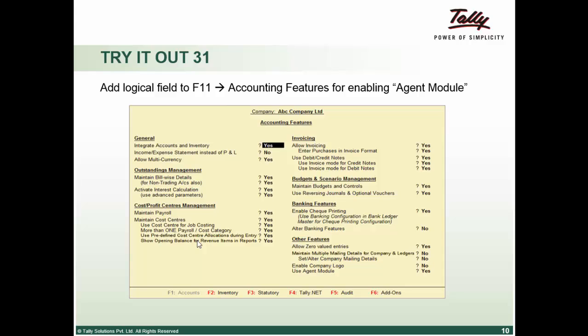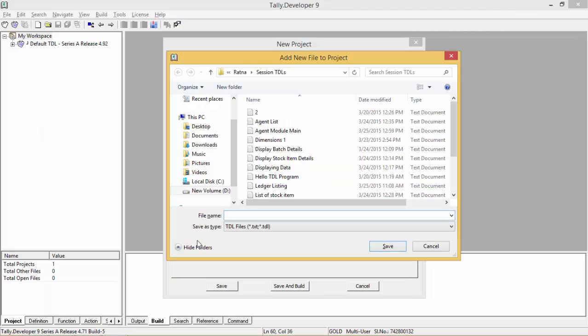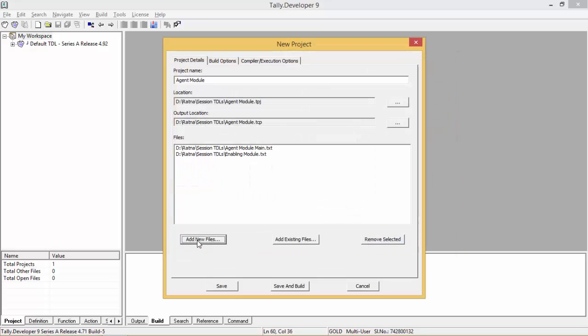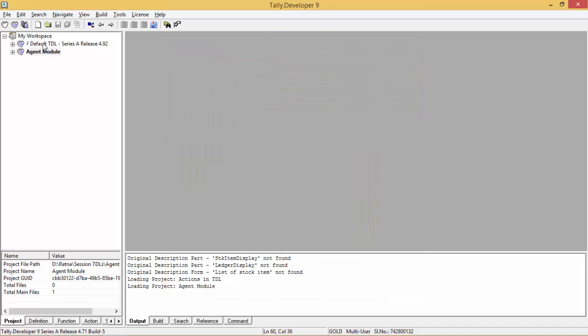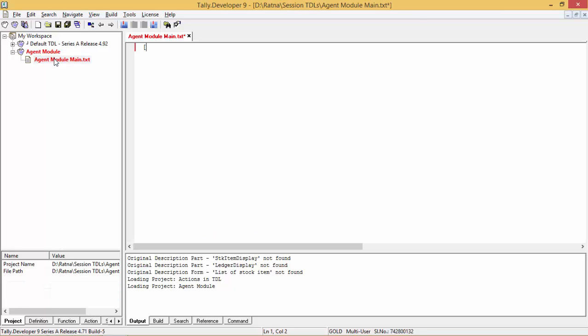We want to add an option in our accounting features, right? So we'll give the name as such is enabling module. The text file, we will give the name itself as enabling module. Now to this main file, we will include our file. Here, right now,